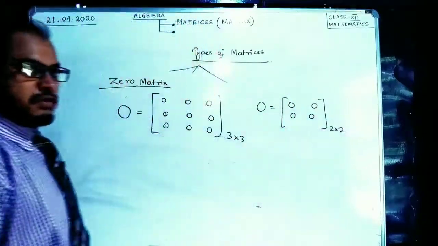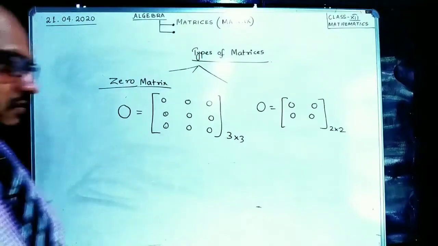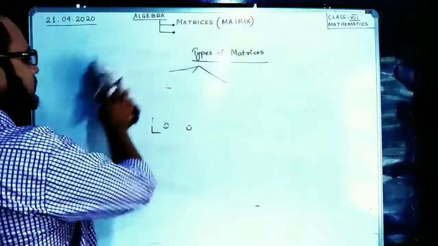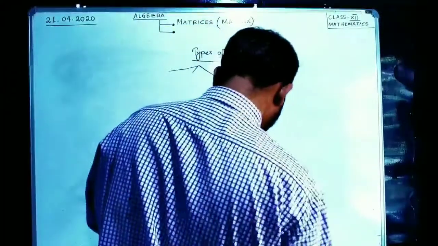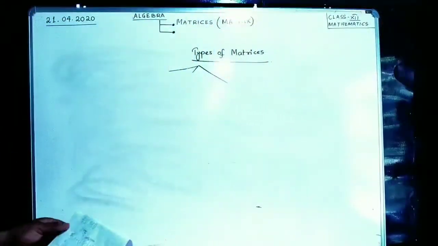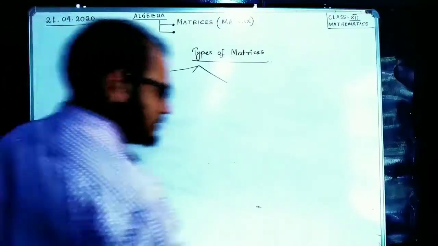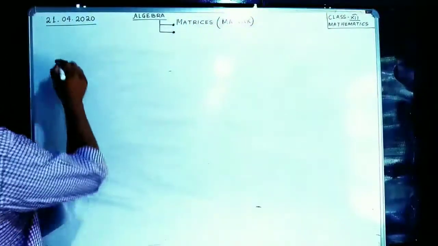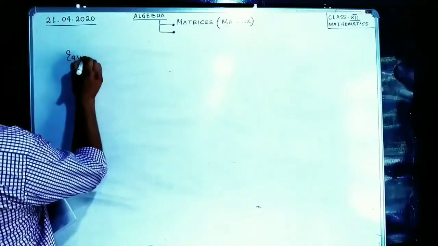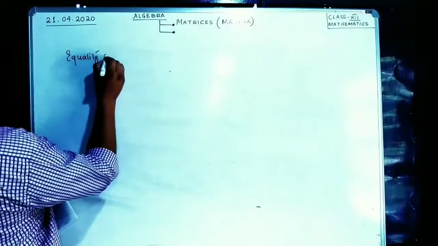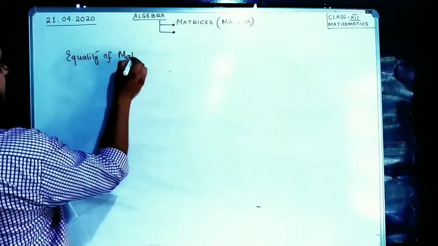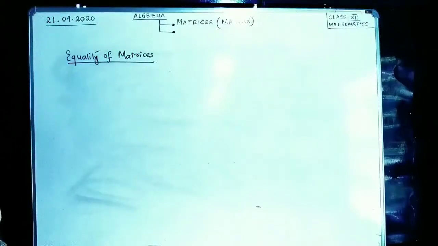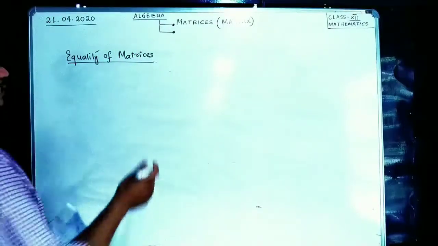Now it must be clear to you the several types of matrices that we have discussed up till now. Next, let's move on to the next topic, and we will be doing some examples. The next topic is equality of matrices. Two matrices will always be equal if and only if,